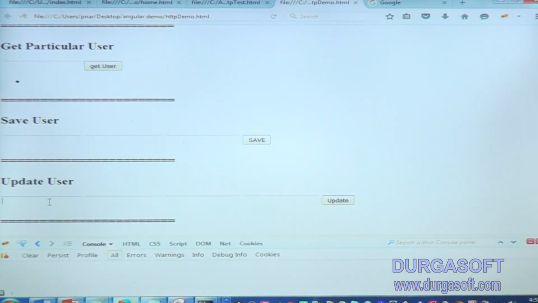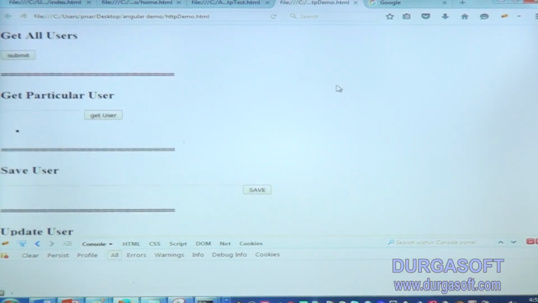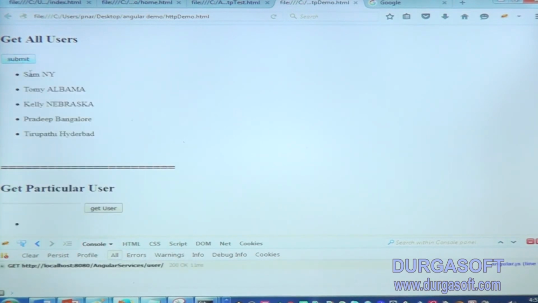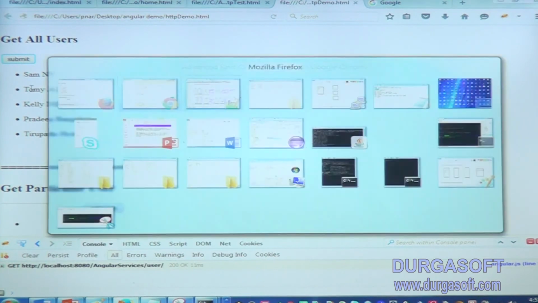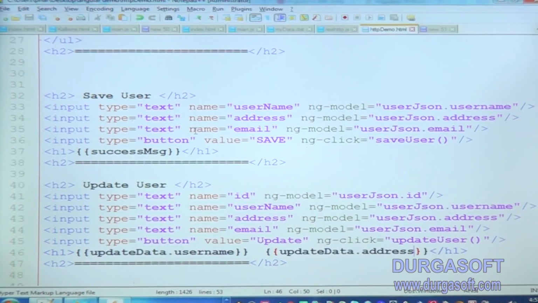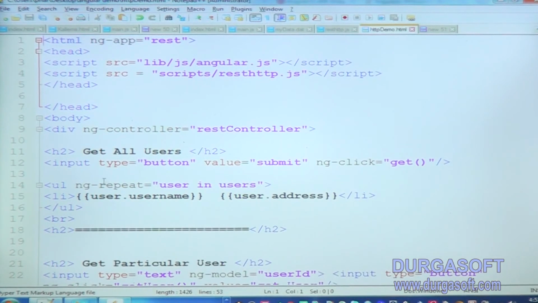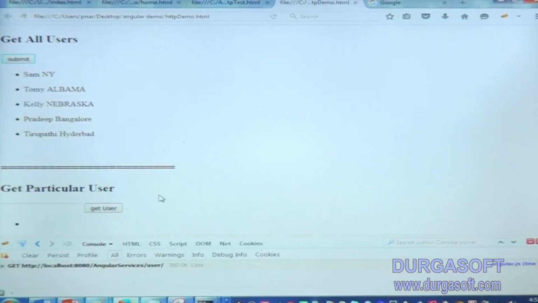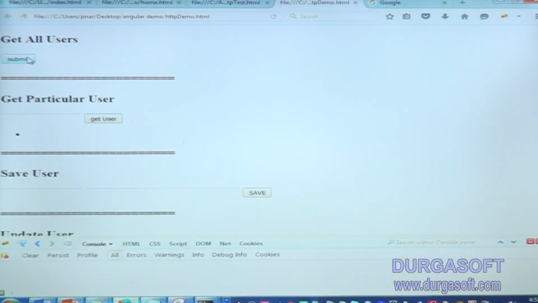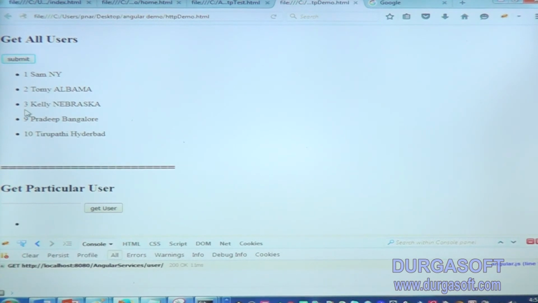Now let's see update data. First I am checking all the users. Sam and Y, but we need a number also, so I will display the number for get all user, dot id. So get all users: 1, 2, 3, 9, 10.